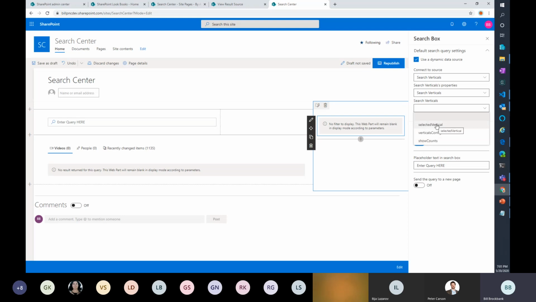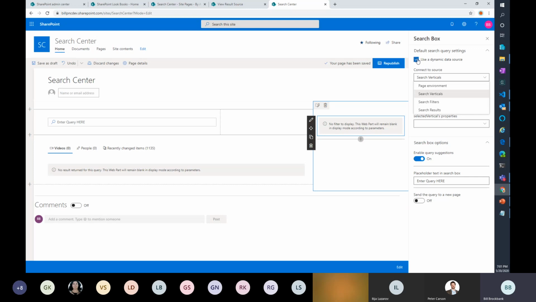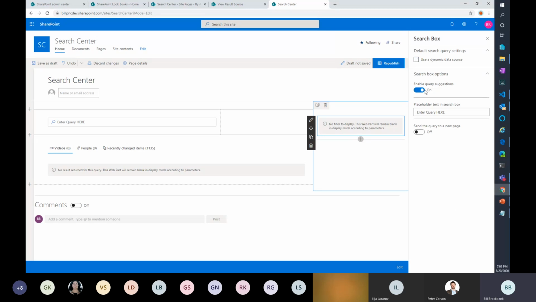And so you get a bunch of cascaded configurations to use here. I'm not going to use this one. I'm going to go back to the one I was using. And then in here, you get a placeholder, which is the text that shows up in your search box. And you get the ability, if you're doing a new page, so if you did the search box on a different page, you'd be able to set up a targeted URL for the search box to go to another page with your results showing up. So it lets you connect across using those settings. So we'll go back to my settings.